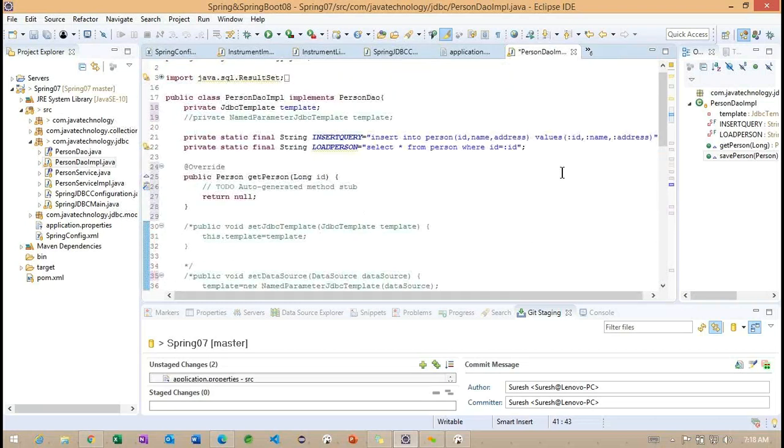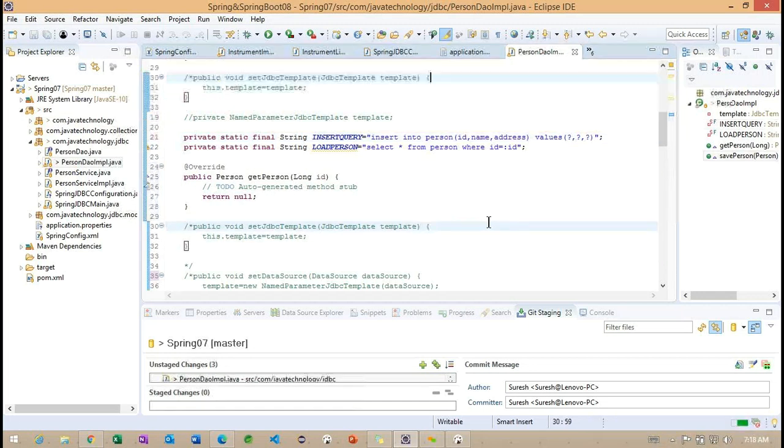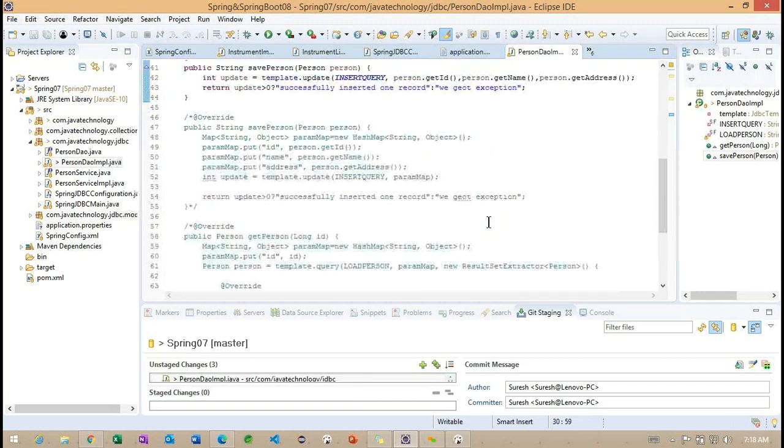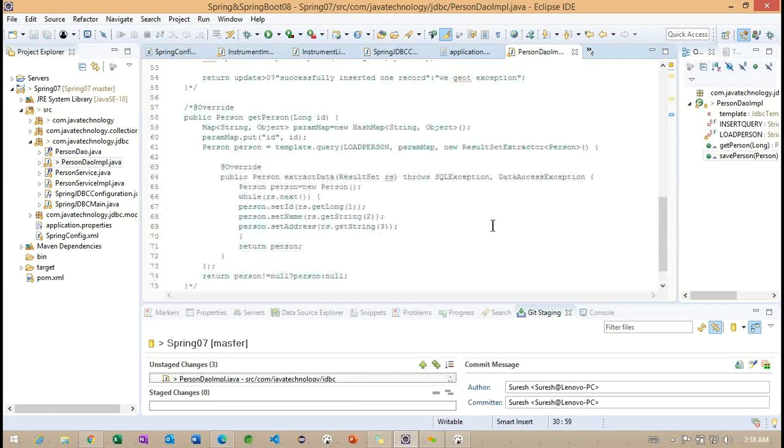Let me change here. What are the steps we need to provide here?